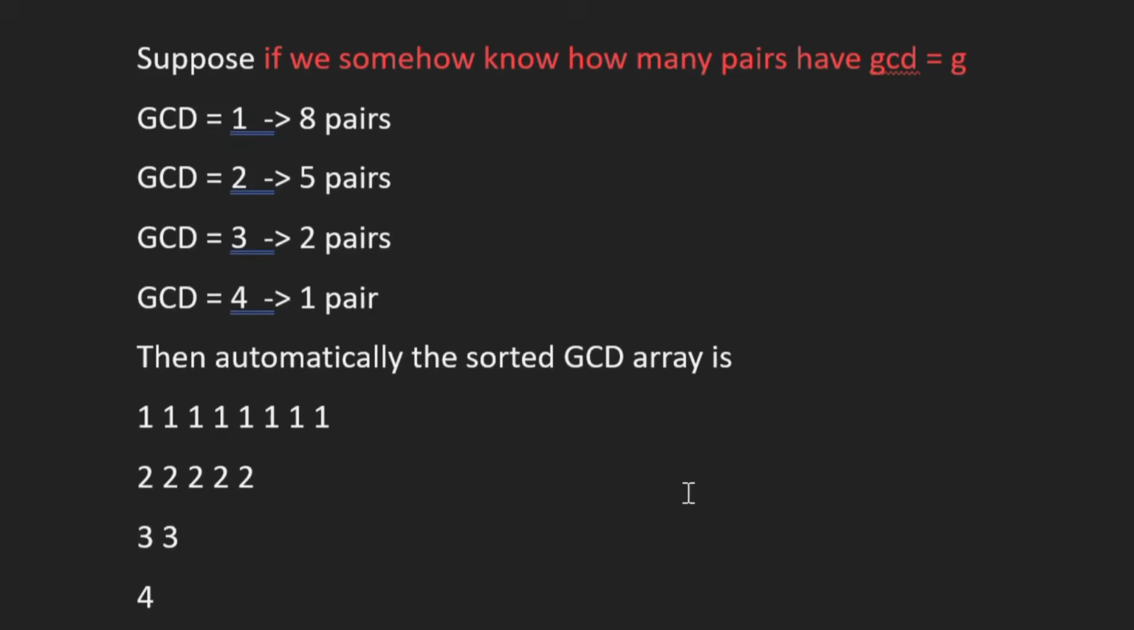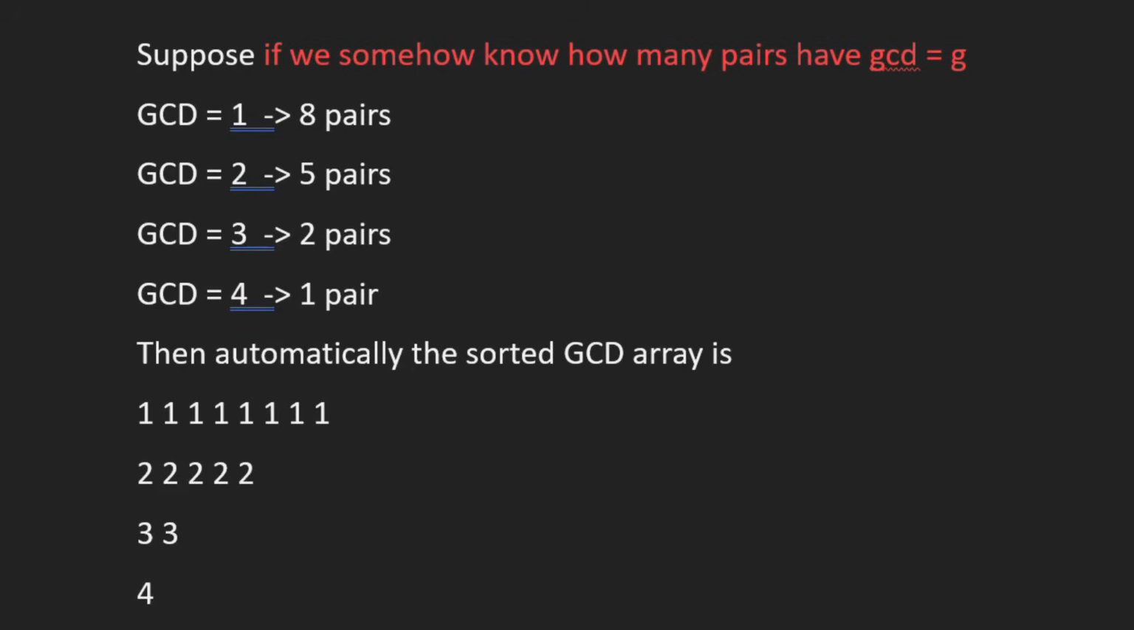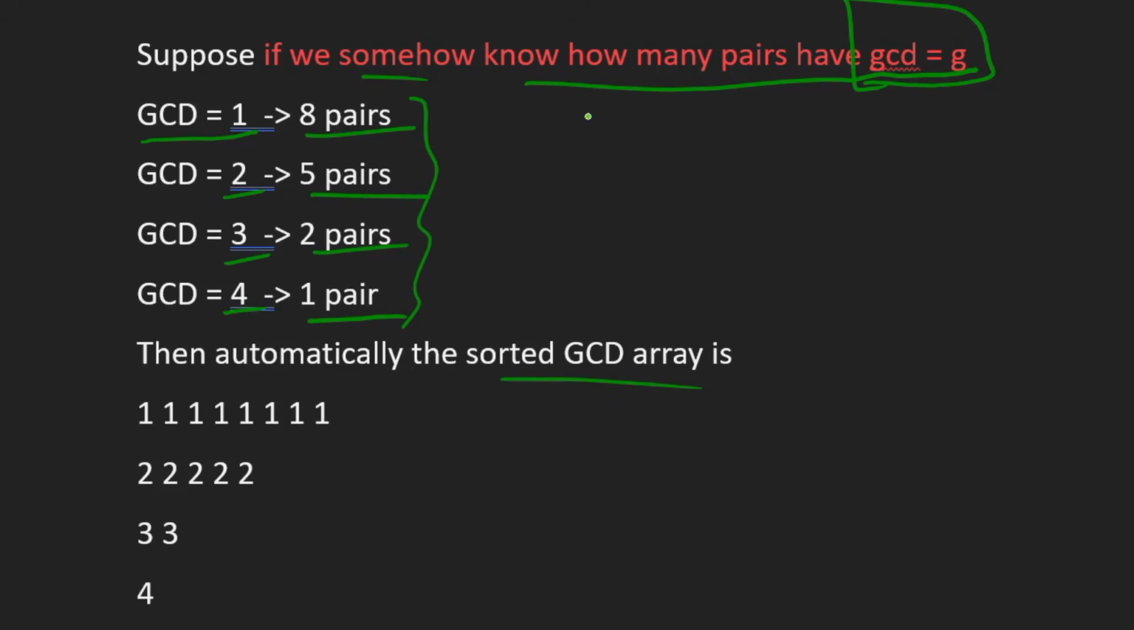Now let's say we somehow know how many pairs have GCD G. Suppose GCD equal to 1 has 8 pairs, GCD 2 has 5 pairs, GCD 3 has 2 pairs, and GCD 4 has 1 pair. Then automatically we get our sorted GCD array as